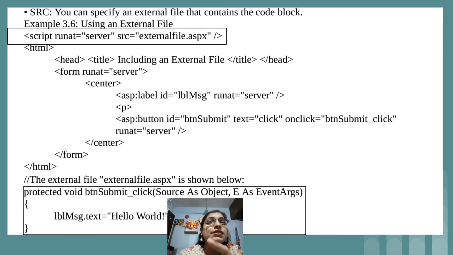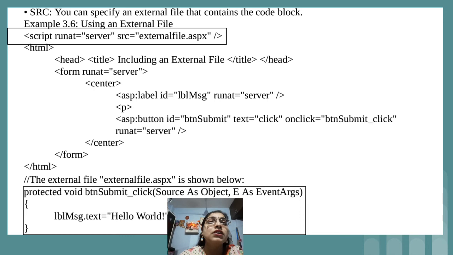Just see the content within the square, that is in externalfile.aspx I have written code for the button submit underscore click event, that is the button click event. We are writing some code like lblMessage.Text equal to hello world. This particular code is present under externalfile.aspx, and the interface is written in some other file. Just see the interface, we are having one label and one button.